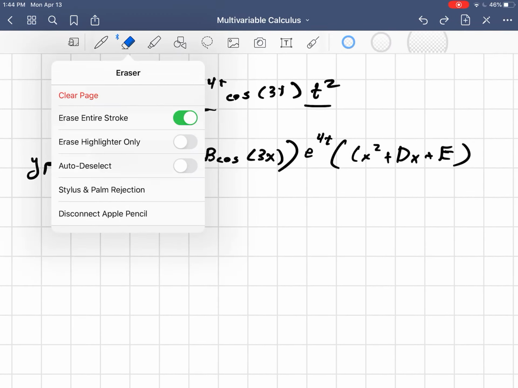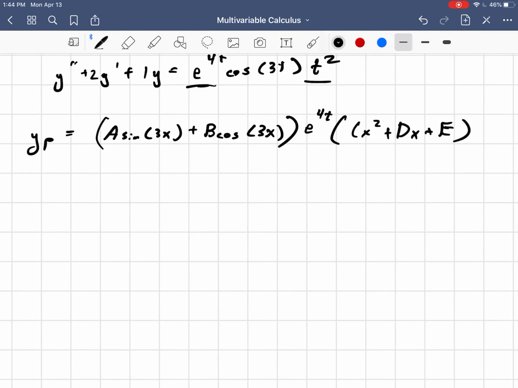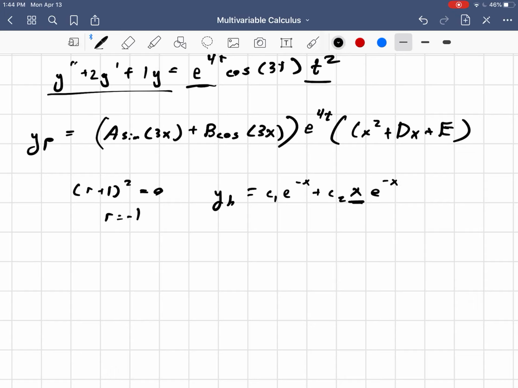Oh, and one other thing I would like to say is just to remind you, if instead I change this, the equation is still the same, but if I changed it to, let's say, 2y plus 1y, then my auxiliary equation for the homogeneous solution would be r plus 1 squared equals 0, or r is equal to negative 1 repeated. So don't get afraid of that. All that means is that the homogeneous solution is c sub 1 e to the negative x plus c sub 2 x e to the negative x. I have shown that before in another video with reduction of order, but if you've got a repeated root, don't worry about it. Or if you have something that's complex, the procedure for finding y sub h is still the